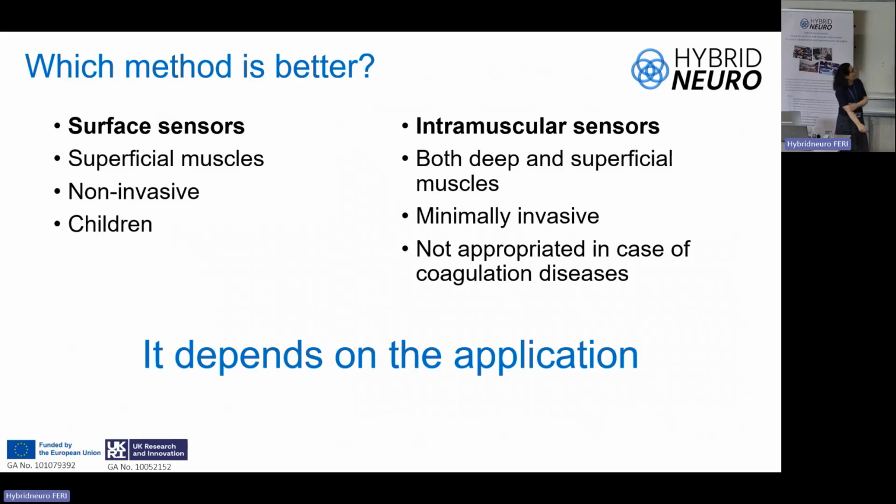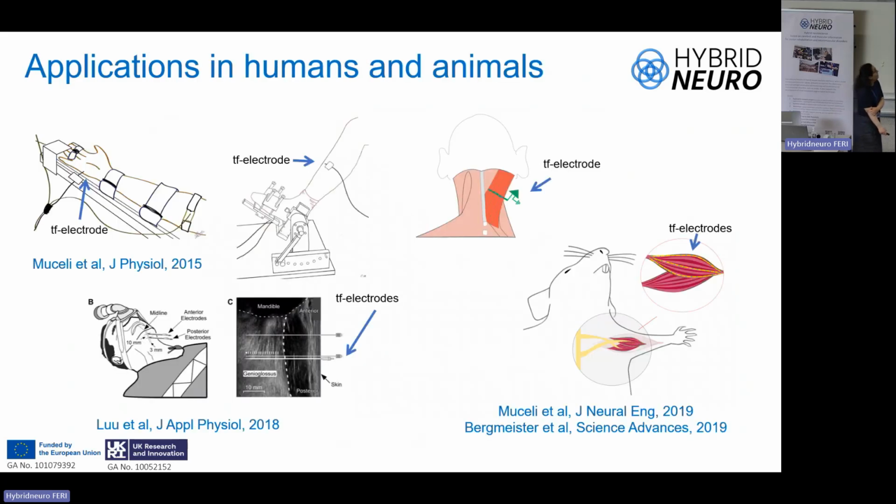But since in the past days you have heard a lot about surface EMG, I will now show a few applications, a few experiments where we have applied electrodes in animals and humans. So these are human experiments. We have applied electrodes in superficial muscles, such as the abductor digiti minimi and the tibialis anterior, but also in deep muscles, such as the genioglossus. And then we have used electrodes also in animal models, such as non-human primates and rats. So I will show a few of these